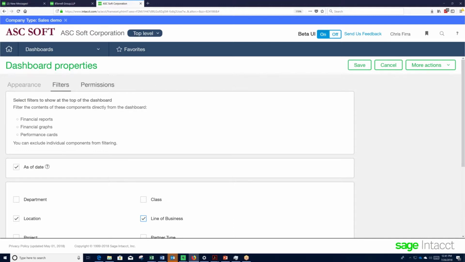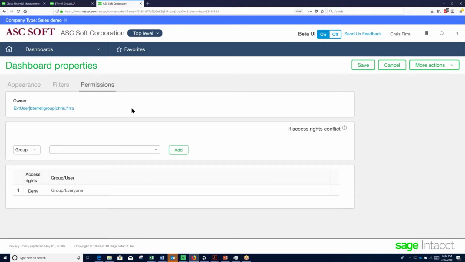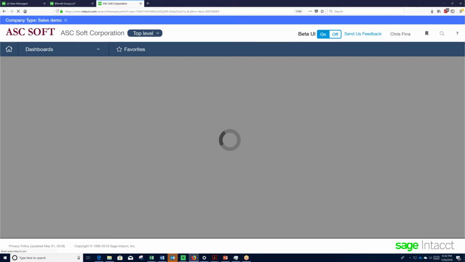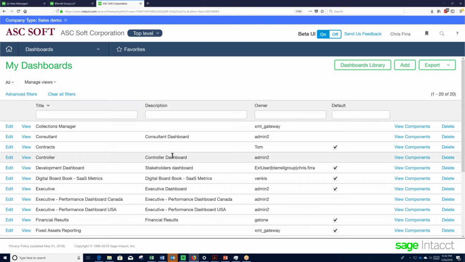When I save that, well, let's first of all also touch on permissions really quickly. Just like financial reports, you have the ability to restrict access to either groups of users or individual users. And in this case, I'm just going to click Allow Everyone, and then save. Now I do have to go find my dashboard, and I think I called it